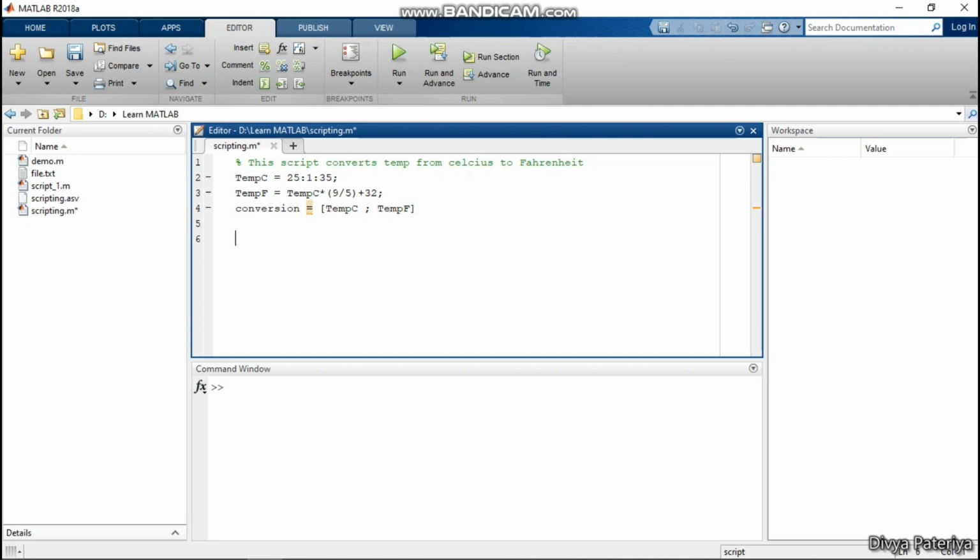First I will write the command and then I will tell you. Suppose I am writing fid equals fopen, and suppose I will name it temperature, and then I am writing w. So here I have used a function called fopen. What this command has done is it has opened a file which right now I am creating and the name